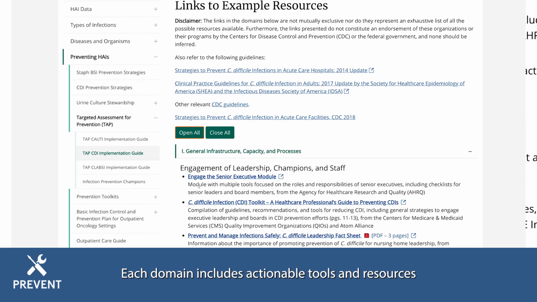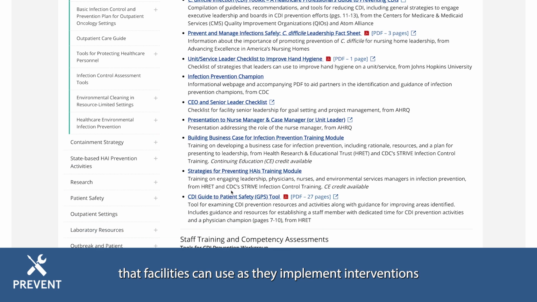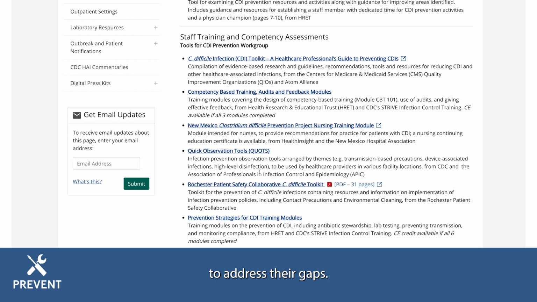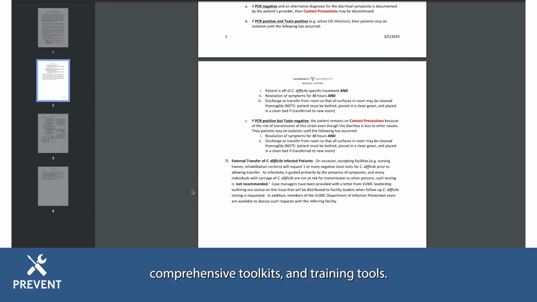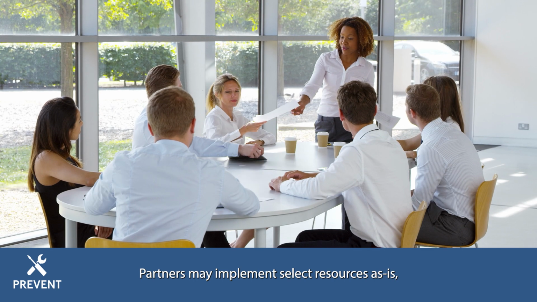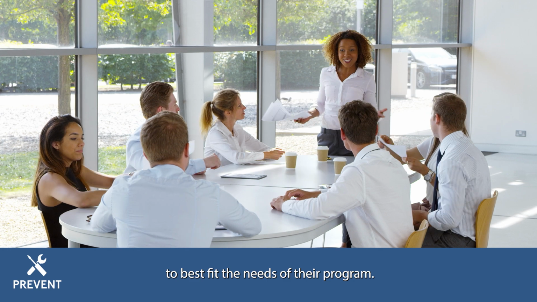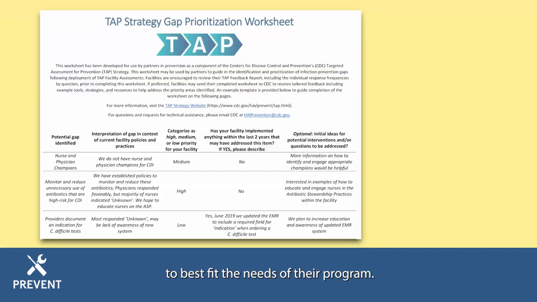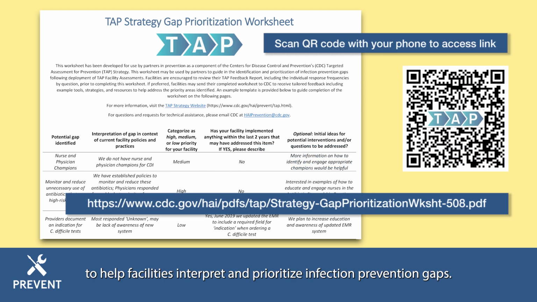Each domain includes actionable tools and resources that facilities can use as they implement interventions to address their gaps. These resources include audit checklists, sample policies, comprehensive toolkits, and training tools. Partners may implement select resources as is, or may use them as templates and adapt them to best fit the needs of their program. The Gap Prioritization Worksheet is another optional tool to help facilities interpret and prioritize infection prevention